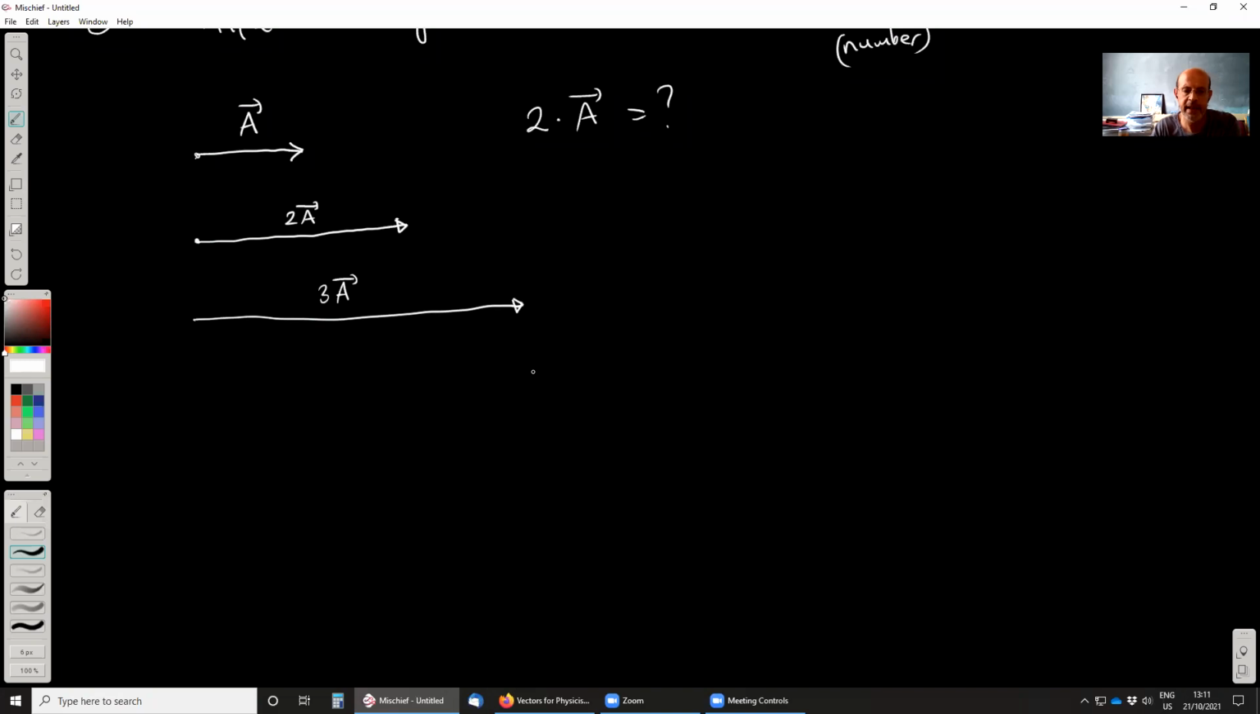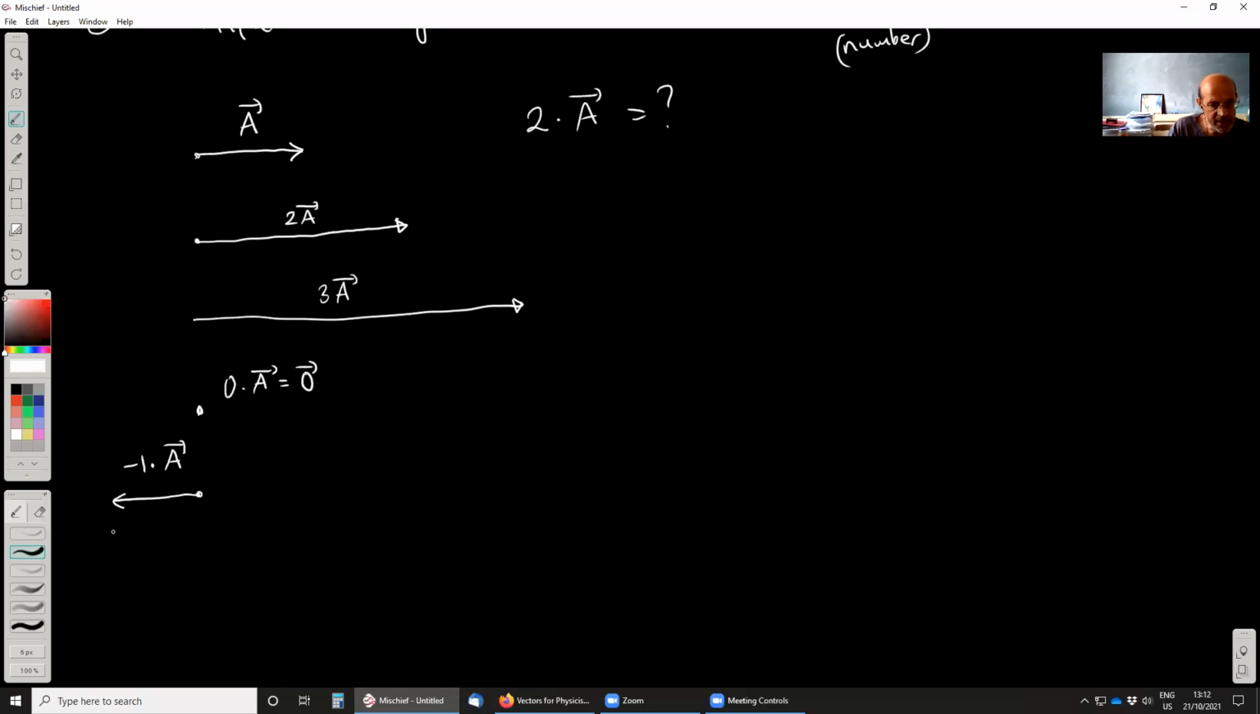So if I multiply this with 3, then I'm going to get a 3 times longer vector in the same direction. Well, I can continue like that, all right? So the magnitude increases by the number that you multiply. In the same way, 0 times A is the 0 vector, because the magnitude of the vector becomes 0. And so you can guess that if I multiply the vector with a negative number, so it's -1 multiplied with A,